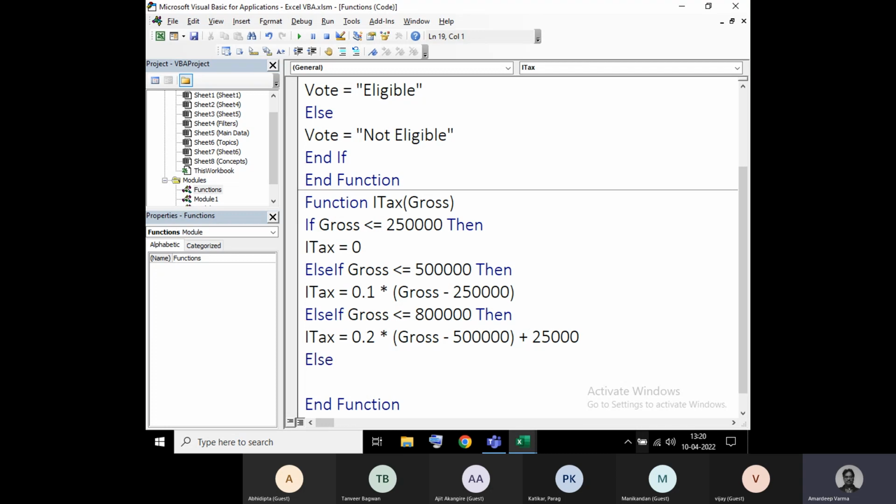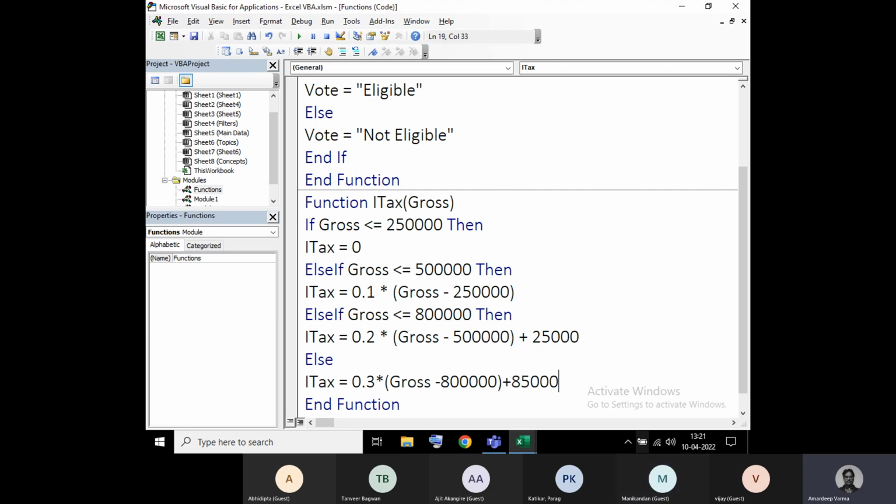Else will be executed if all the other conditions are not satisfied. So here I can directly write Itax equals 0.3 plus